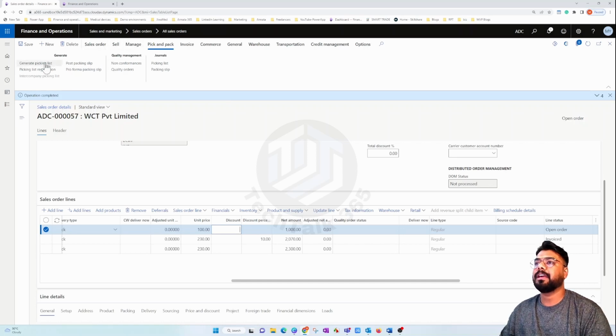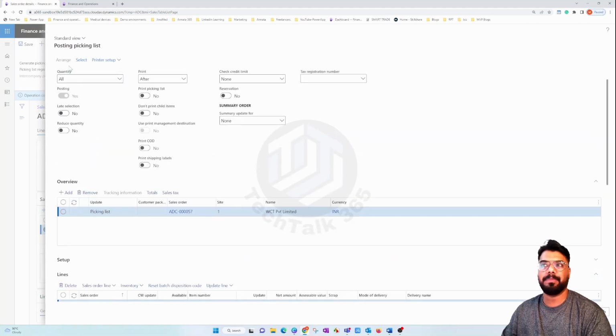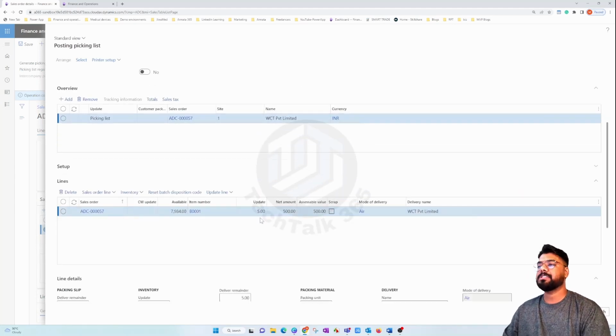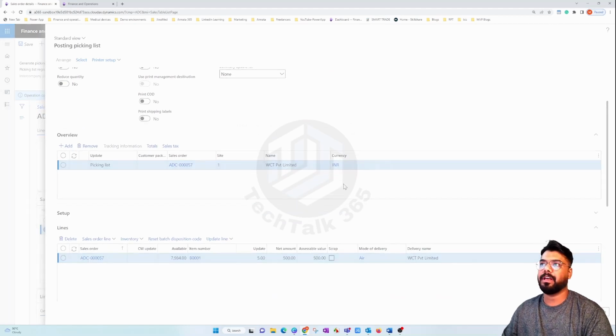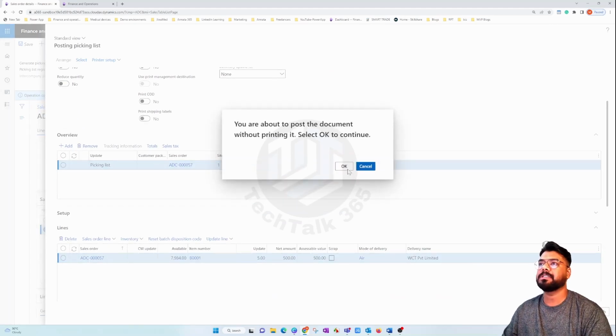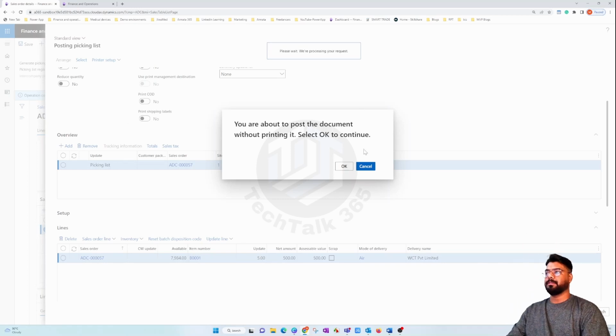So in this scenario, I can just directly go and post the picking list. I don't need to change anything. I can simply keep it as all, because the system knows that there is only one line with a delivery remainder left for now. So I can just go and directly post this picking list as a separate shipment,